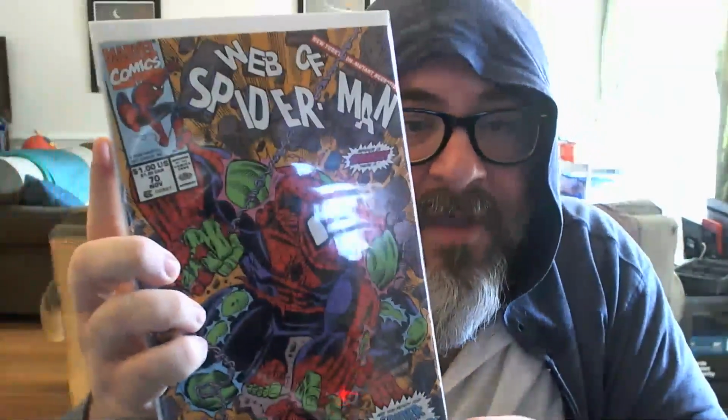The Spider-Man movie came out, or the trailer for the new Spider-Man Far From Home came out, and it looked like potentially he's going to be the main villain. So the book shot up in price, and I was able to find it in a dusty back bin for I think $10 or $15. It was more than I had wanted it to be, but whatever. This is just a cool cover. I love this. This is Web of Spider-Man, the introduction of Spider-Hulk. Just a cool book, and